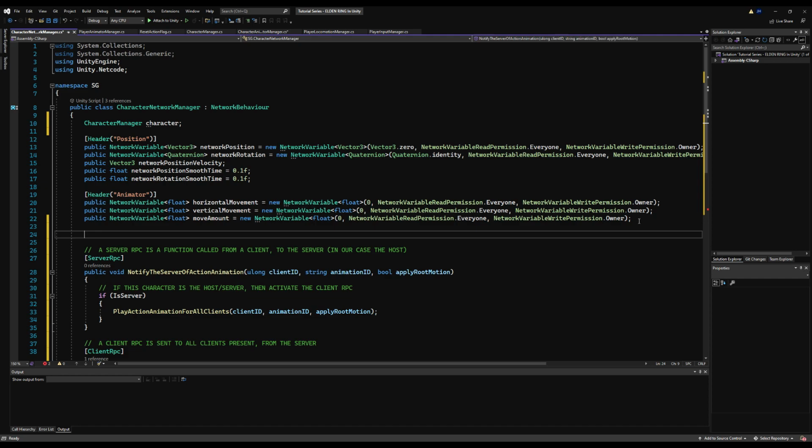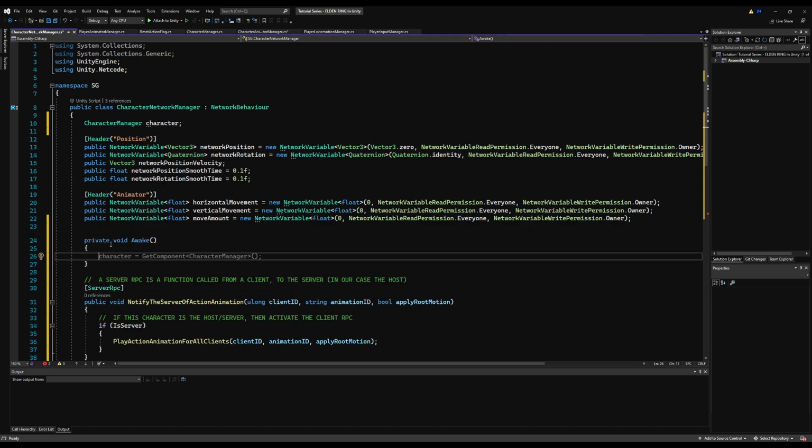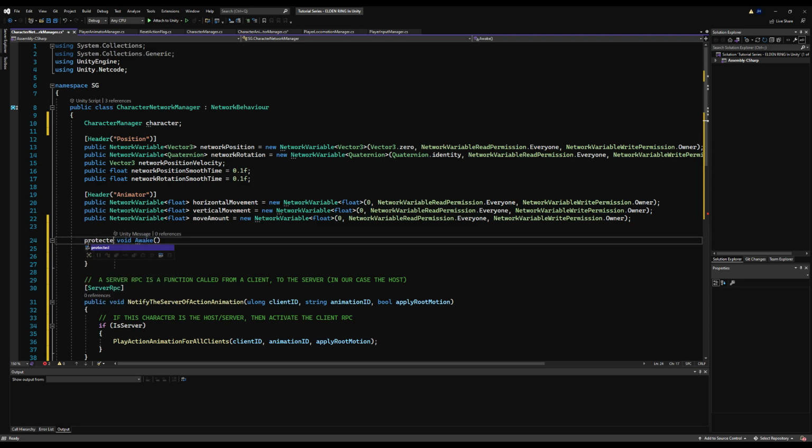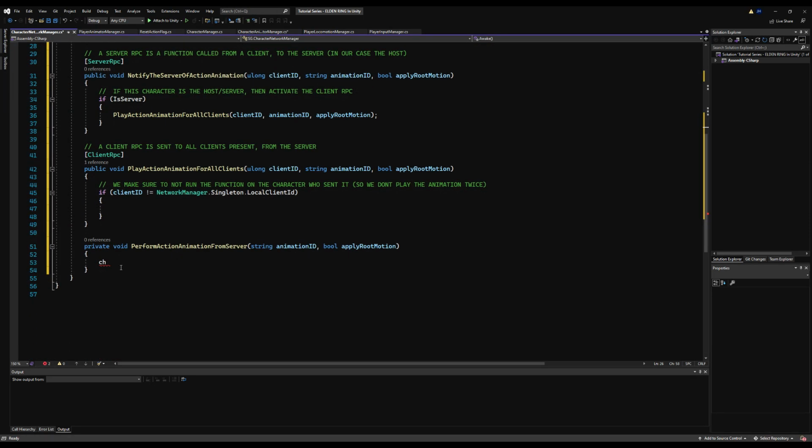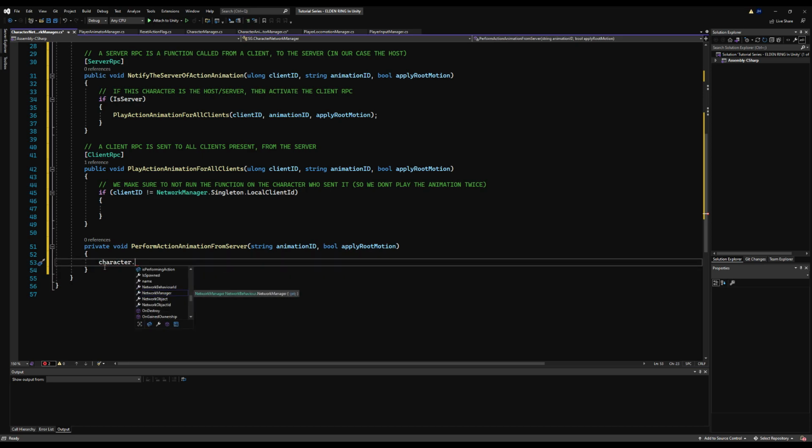And then we need to make a protected virtual void Awake method in case we want to override this in the future on our player or AI manager, network manager. And then we're going to simply say character equals GetComponent CharacterManager. And then down here, we will say character.applyRootMotion is equal to applyRootMotion.